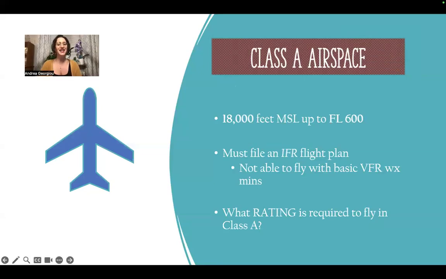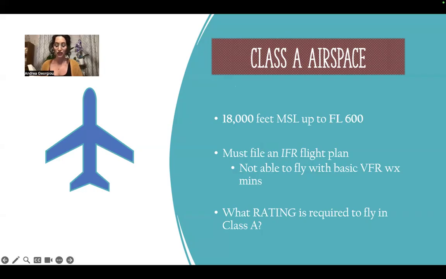Okay, so Class A, Class Alpha airspace. Turn the page and go to chapter 3-2-2. Paragraph A, definition. It says generally, that airspace, talking about Class A, from 18,000 feet MSL up to and including flight level 600, which is 60,000 feet, including the airspace overlying the waters within 12 nautical miles off the coast of the 48 contiguous states and Alaska,